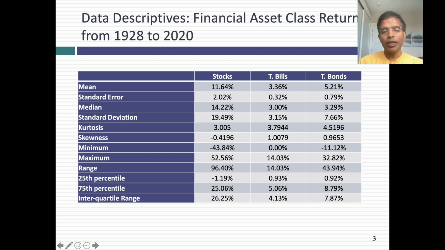So what have we learned by looking into these 93 years? At least over the 93 years of data that I've shown you from 1928 to 2021, stocks have been the best performing asset class of these three. They've also been the riskiest asset class. Stocks are close to normally distributed, though they have a slight negative skewness. But T-bills and T-bonds both have positive skewness and more likelihood of outliers than you would expect to see in a normal distribution. The ranges, whether they're traditional ranges or interquartile ranges, back up the notion that stocks are riskier than bonds and bonds are riskier than bills.